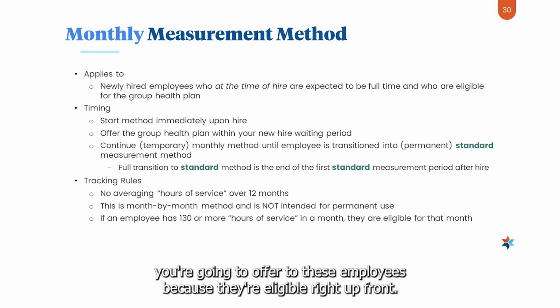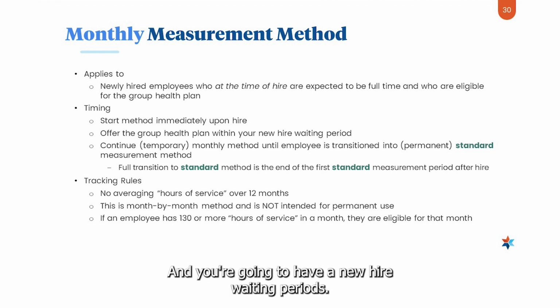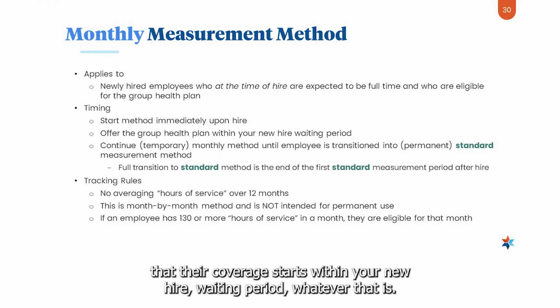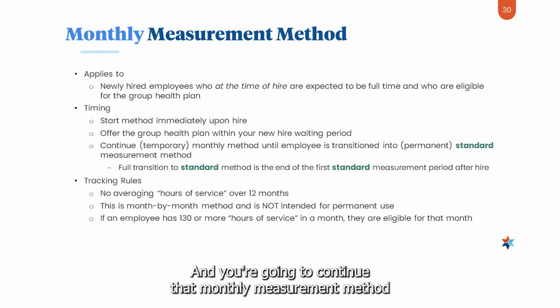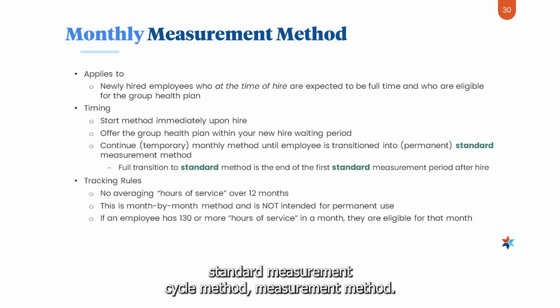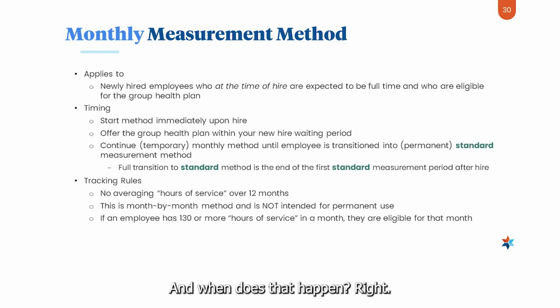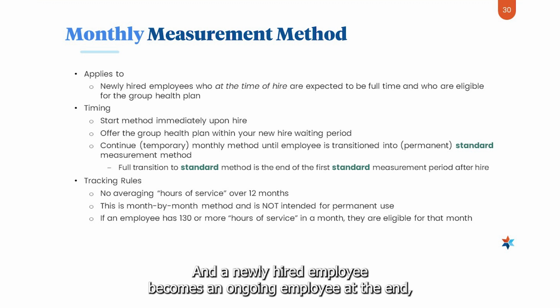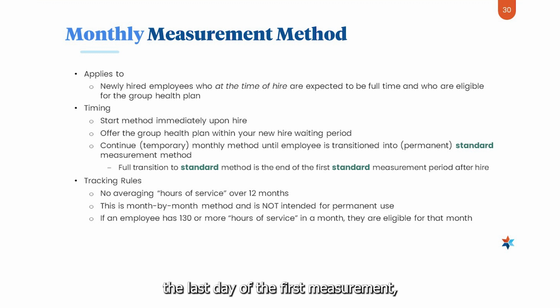You're going to offer coverage to these employees because they're eligible right up front. They're full-time, so they're eligible, and you're going to have a new hire waiting period. So you're going to make sure that their coverage starts within your new hire waiting period, whatever that is. And you're going to continue that monthly measurement method until the employee is transitioned into the permanent standard measurement method. And when does that happen, right? A newly hired employee becomes an ongoing employee at the last day of the first standard measurement